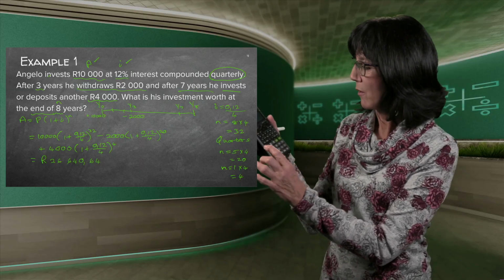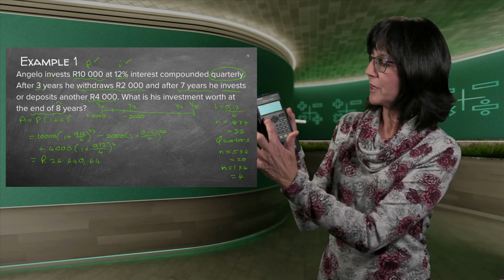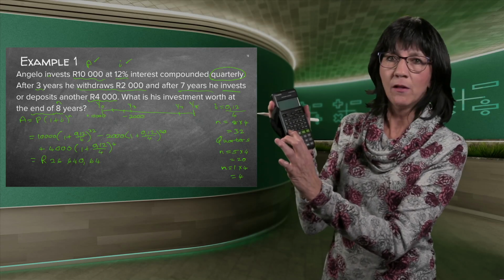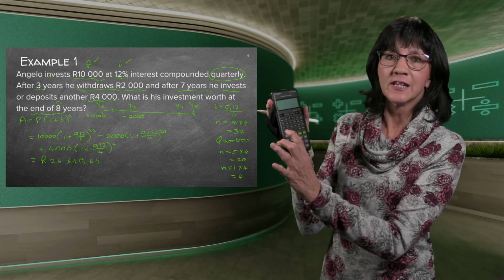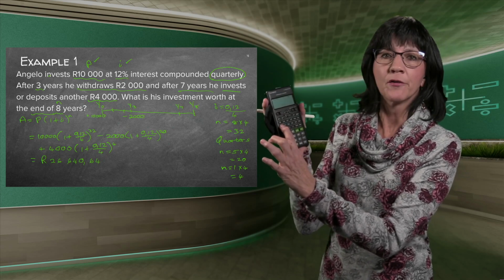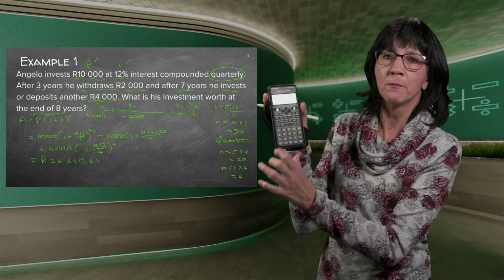And I hope you know how. You just say store, so you press Shift RCL, recall, but on top of it says store, and you store it in the red A. There's a red A above the minus sign.